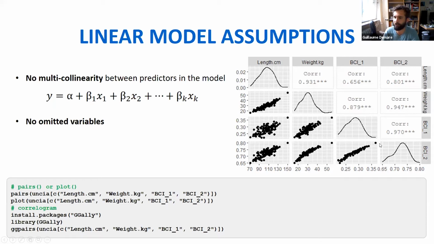So here you can see it's a density function. It tells you that your variables all seem to be quite normally distributed, and they all seem to be quite correlated as well. But not all of them are as correlated to one another. For example, that correlation coefficient of 0.6 between BCI1 and length is not as strong as, let's say, weight versus length, or BCI2 and BCI1. BCI2 and BCI1, we use two very similar methods to calculate BCI. So we should not add both to the model if we want to use BCI as a predictor, because they are so strongly correlated,